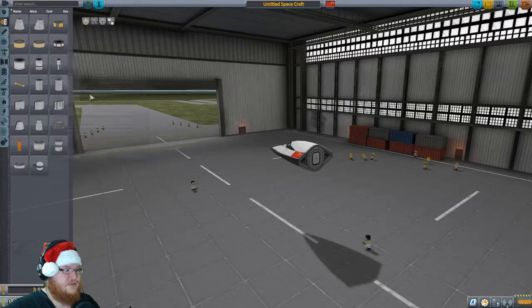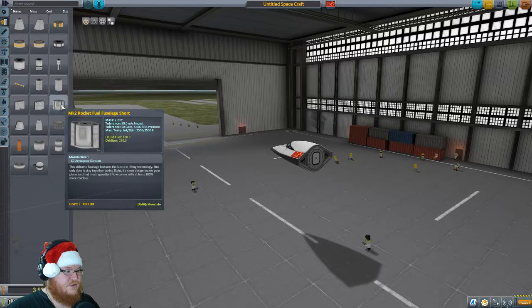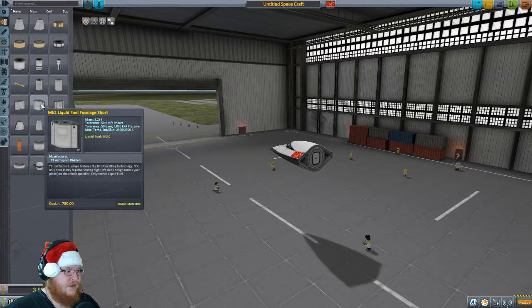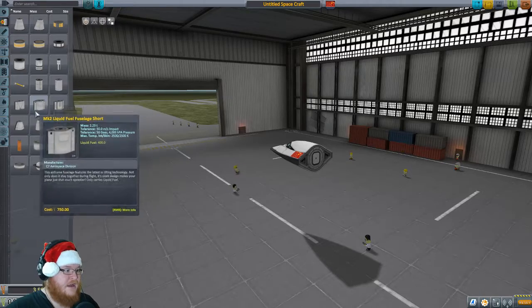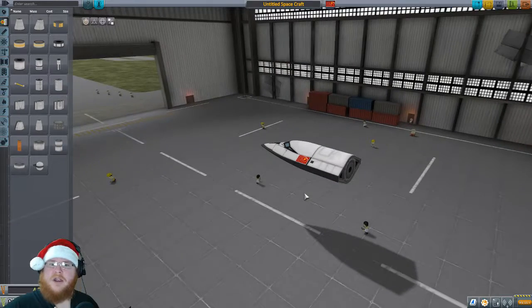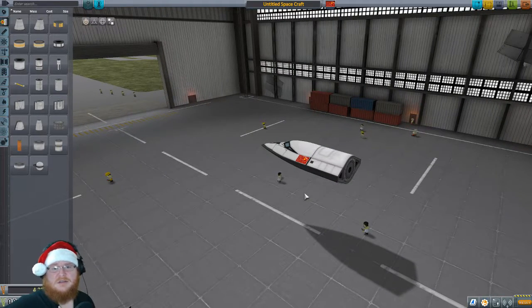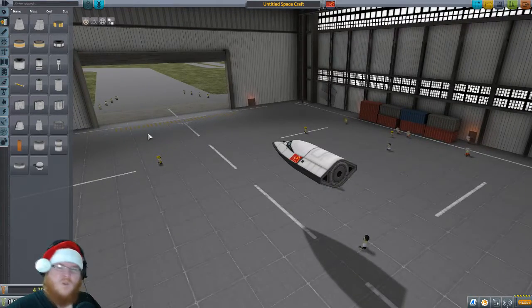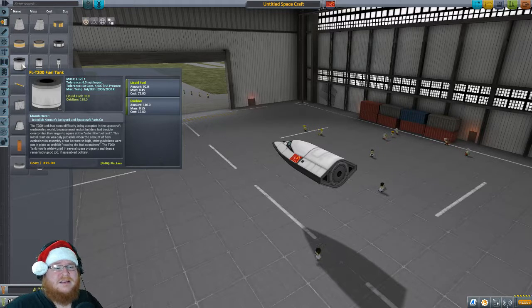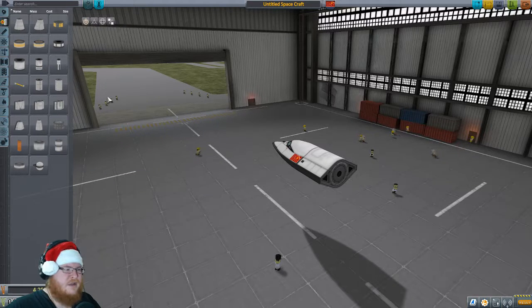Let's get us some fuel tanks. Short fuselage. Let's see, I don't want liquid fuel. We will need it, but not in these. Let's see, let's do this. I mean, granted, we may not even have the money to do this. So we may have to do some missions in between here and there. Hopefully we can get some easy ones. But I've looked, and the only one that I could see that we could do fairly easily is probably a ferry mission. Which, technically, I probably should have done that one, but...